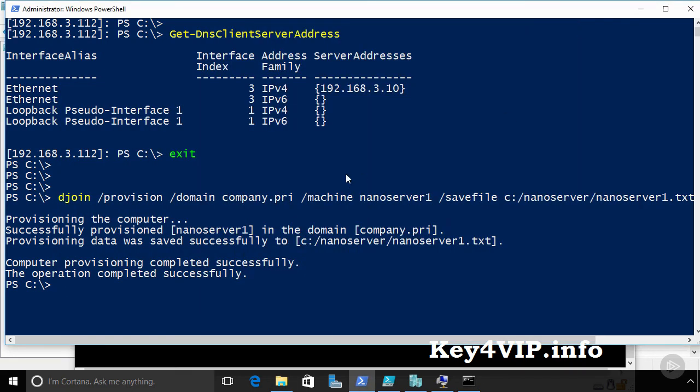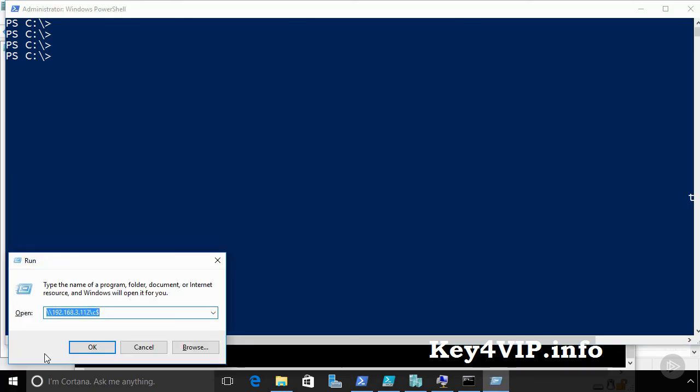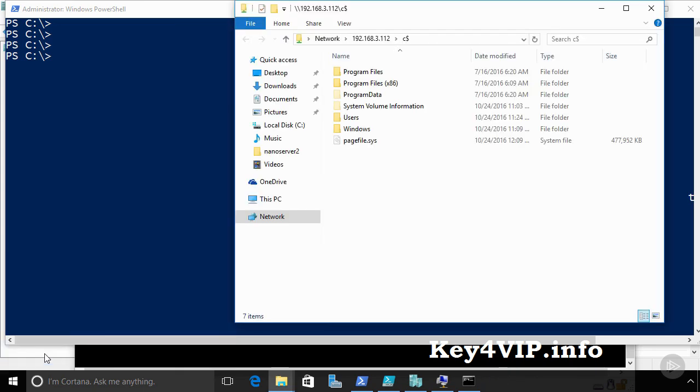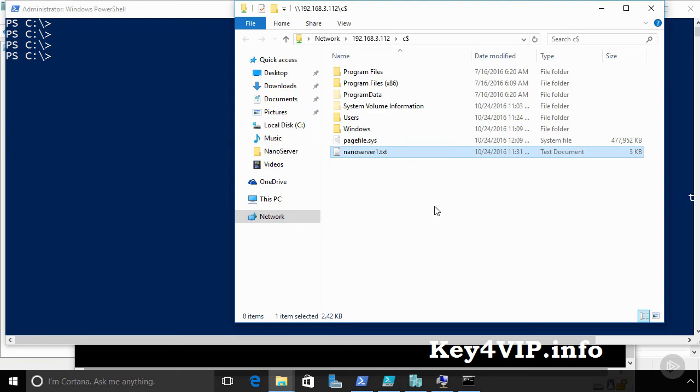Let us come back here and now create a connection to that Nano Server so we can copy this file over. To accomplish that, I can connect to this Nano Server just like I would any machine. Let's come down here to \\192.168.3.112\c$. And if you have all the appropriate administrator passwords entered in, I actually went through that already in the background, you can see a copy of the C drive here on our Nano Server. Let us now copy this file that we just created over to the C drive on that remote machine. That file is right here, nanoserver1.txt. And if I make the copy and paste it there to the root of C,